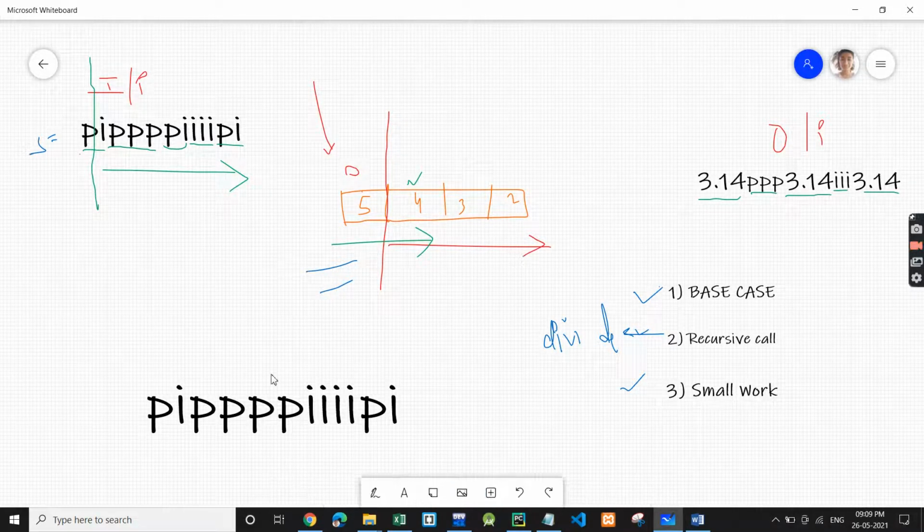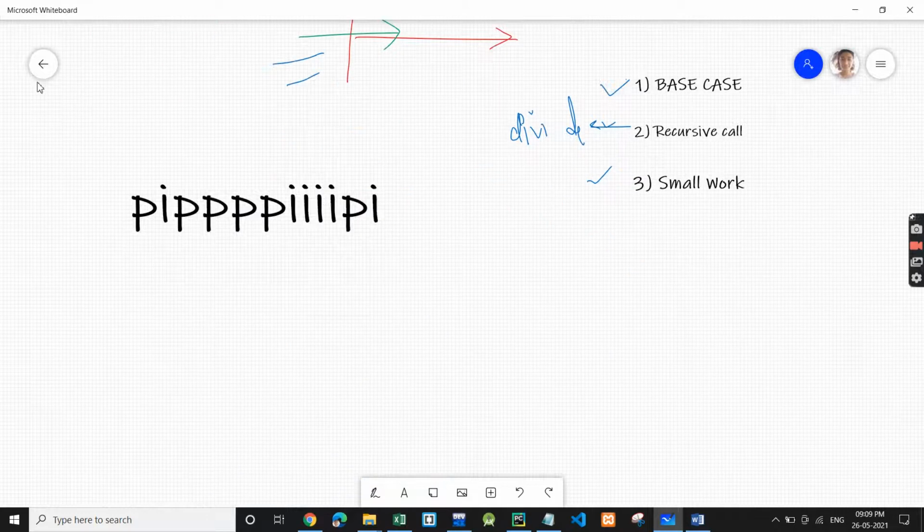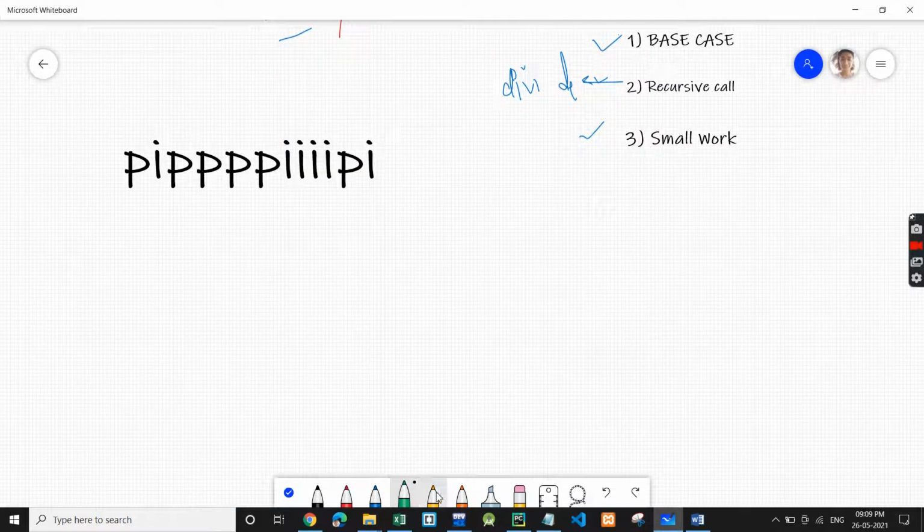So let's see this using this input. If we divide this string like this and we do the recursive call from index 1, recursion will do the work for us.